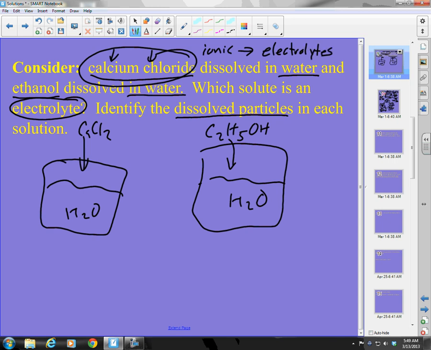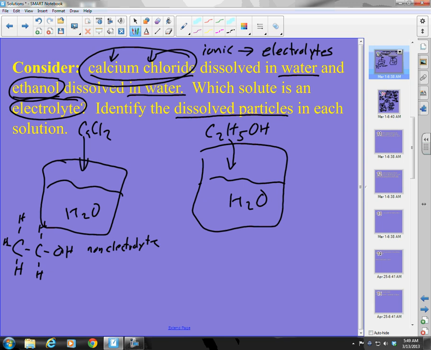Electrolytes. Good. Ethanol? Well, ethanol we said is C. Let's draw one possible picture of ethanol. That's ethanol. My organics are usually non-electrolytes. That is not an ionic compound. It's not a strong acid or a weak acid. So this is a non-electrolyte,